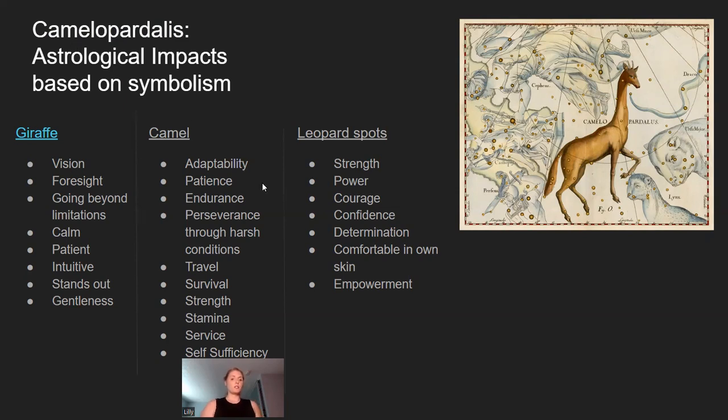So camel is adaptable, patient, endurance, perseverance through harsh conditions. They may like to travel, they may have to survive or be built for survival. They may exhibit a lot of strength, stamina, service, and self-sufficiency. Leopard spots are seen as strength, power, courage, confidence, determination, being comfortable in one's own skin, and empowerment. So again, if they have any of those placements or alignments, they may also have these characteristics in addition